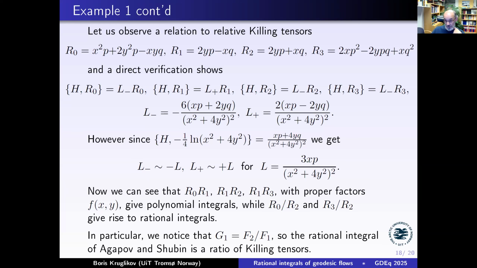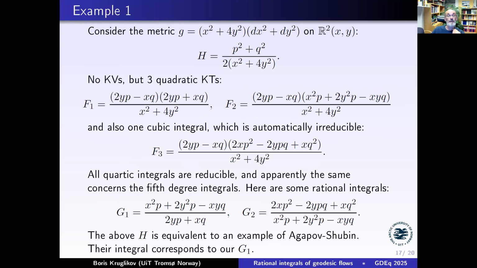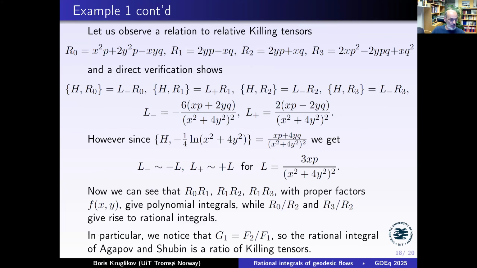So of polynomial integrals, F2 and F1, right? So F1 and F2 are polynomial integrals. Polynomial, again, in respect to momenta. And G1 is a ratio. So it actually should not be co-reducible, right? So it's ratio of killing tensors. However, in a sense of